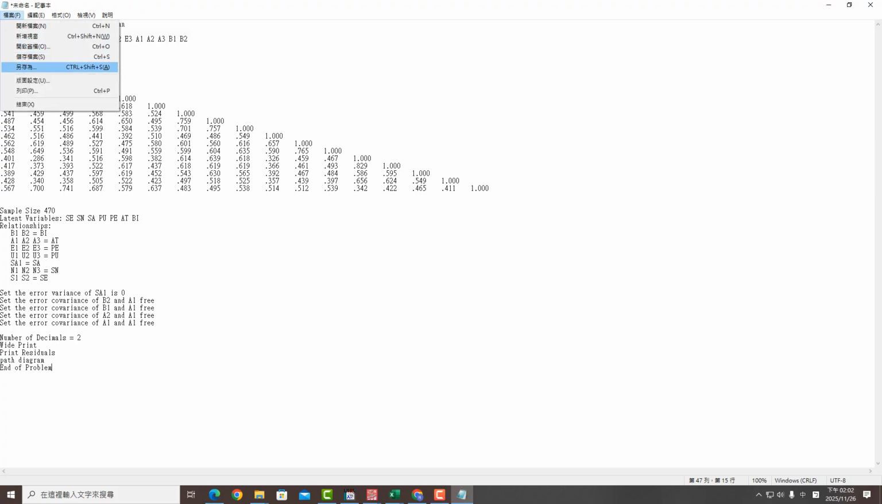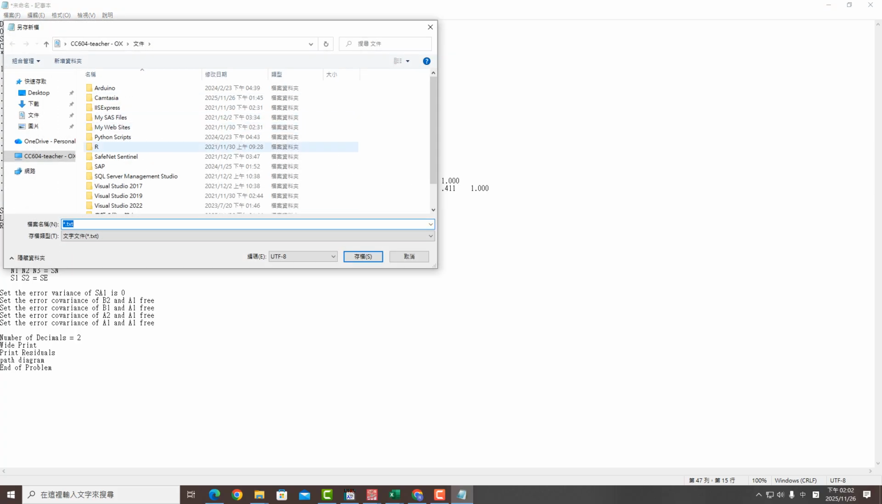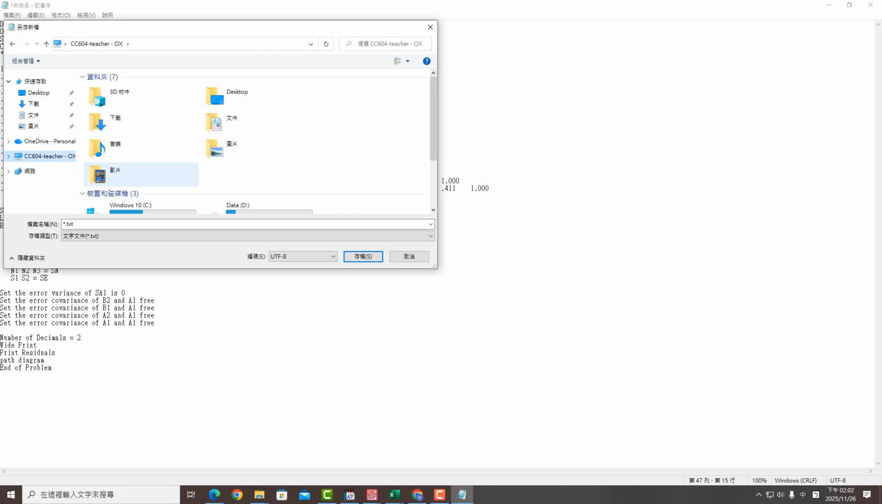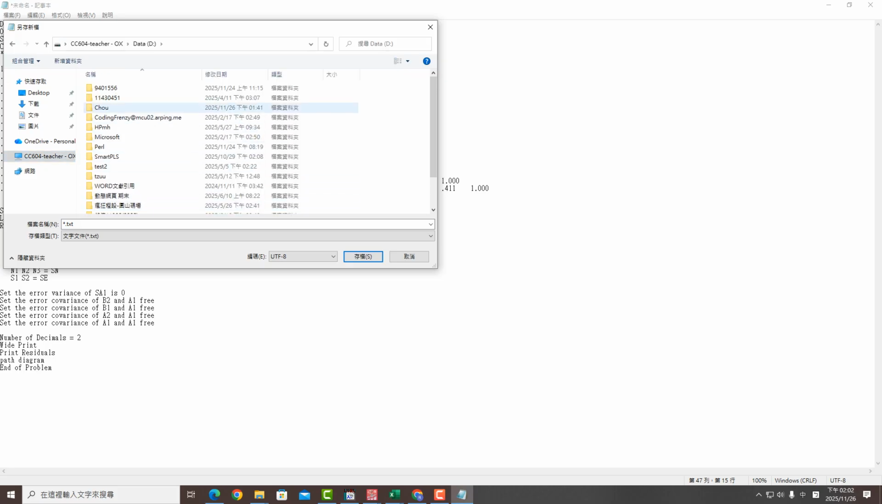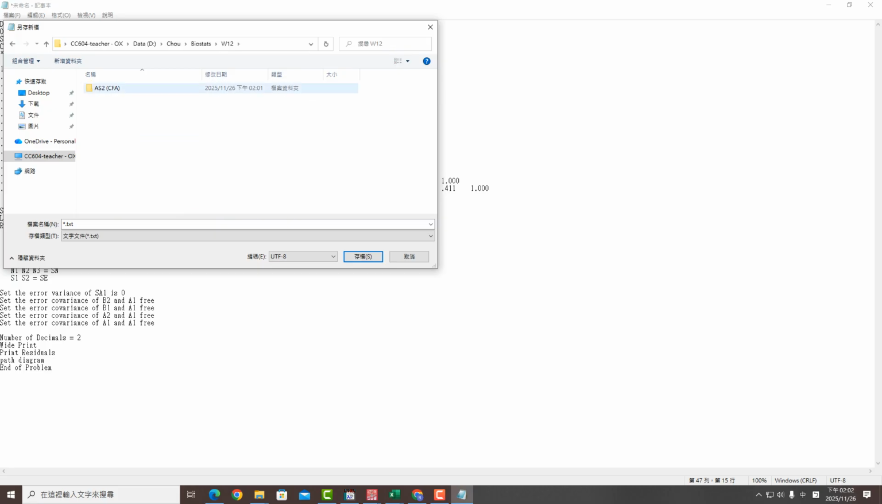Let's save it. Biostats, withdrawal, AS2. Remember S is speed, okay? Speed means you learn fast, turn in earlier, get a high grade, okay? So let's code the 114-4